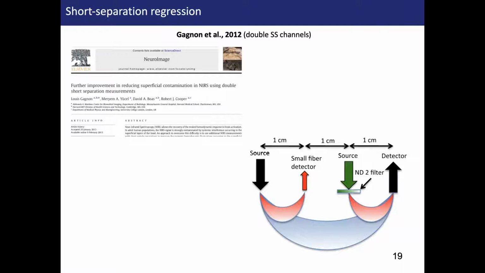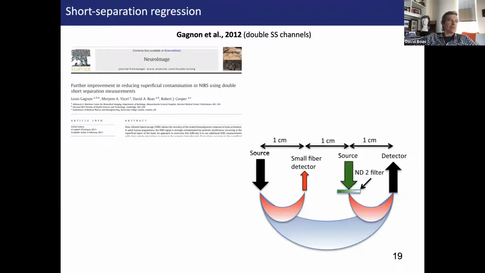But let's say you have a short separation channel in one hemisphere, in a different location, but no short channel on the other side. Would you say the measurement from one hemisphere is transferable to the other one, or no? It absolutely is. And so what you'll see in our GLM function, the option we actually tend to use is